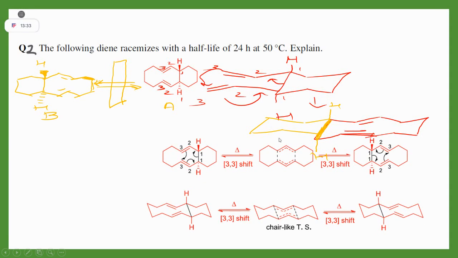More clearly, here I have shown the mechanism. So basically, this system is viable for a 3,3 sigmatropic shift. It will form. I have shown why this stereochemistry comes. If you draw in chair form, you will get to know. And after this 3,3 sigmatropic shift, this has been forming. And if you look at both the structures, they are mirror images of each other. And they have also shown that chair-like transition state. You can see. I hope you all have understood.